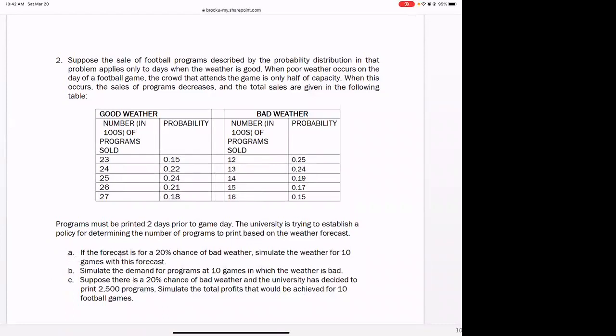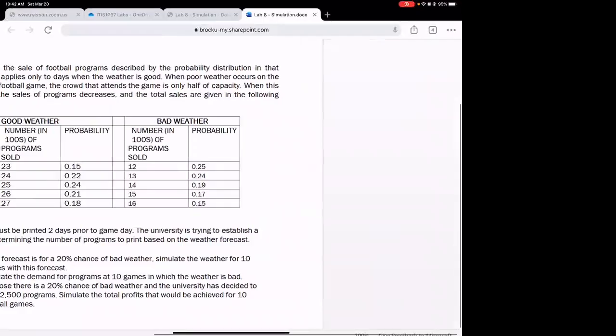So part A, if the forecast is for 20% chance of bad weather, simulate the weather for 10 games with this forecast. B, simulate the demand for programs at 10 games in which the weather is bad. C, suppose there is a 20% chance of bad weather. The university has decided to print 2,500 programs, simulate the total profits that would be achieved for 10 football games. So that is the